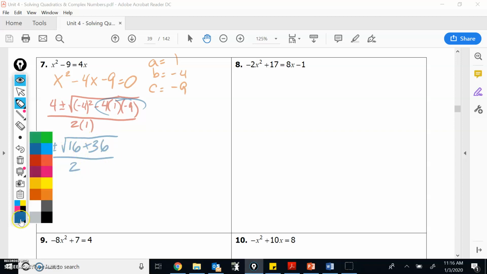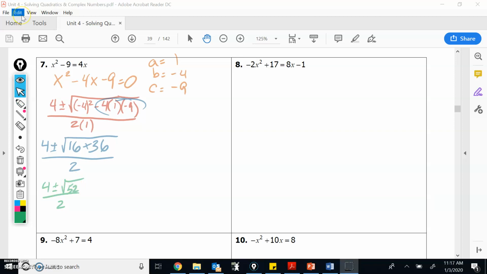Adding this together in the radical, we get 4 plus minus the square root of 16 plus 36, which is 52, all over 2. I'm going to simplify the square root of 52, which is 4 times 13. I can write this as 4 plus minus 2 square root 13